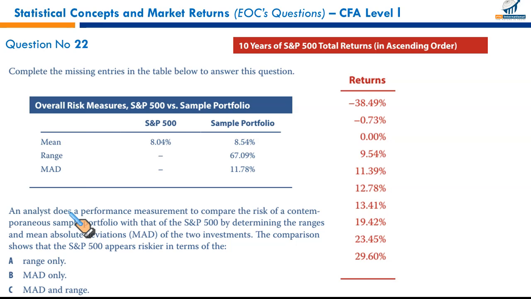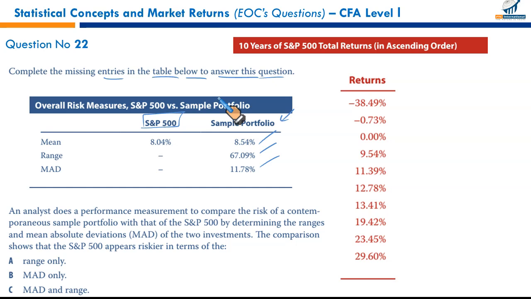Same data, but something different is required this time. Complete the missing entries in the table below to answer this question. What is missing? We have been given the mean, range and mean absolute deviation for the sample portfolio. We will take now the population. Now we will calculate the population mean, population range, and population